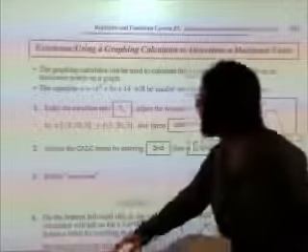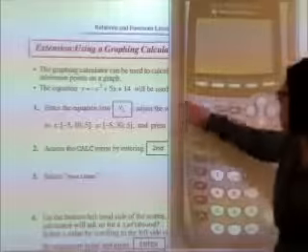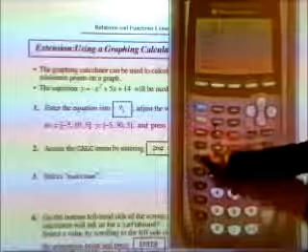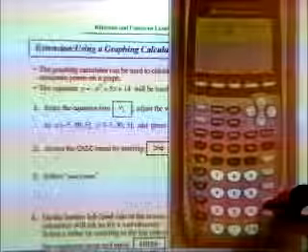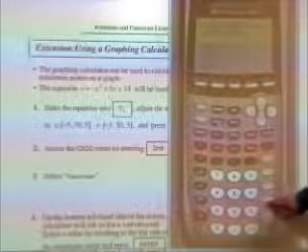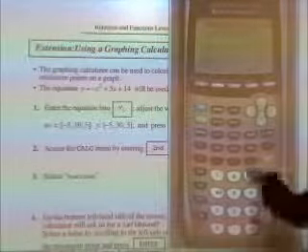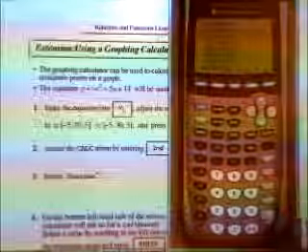So if we were to enter that into our calculator, this is the equation that we're going to put in: negative x squared plus 5x plus 14. And then we have window settings that were provided to us. So we press the window button, negative 5 to 10, going up by 5, so that's what the x scale means. Negative 5 to 30, going up by 5s. And then if I press graph,